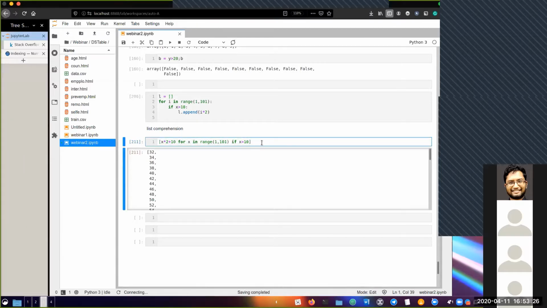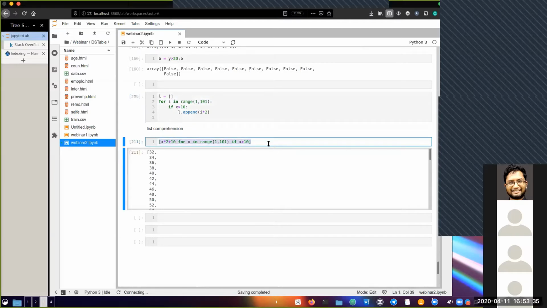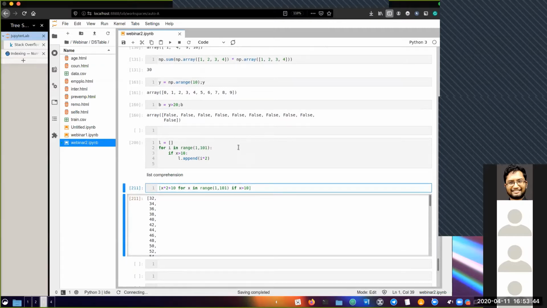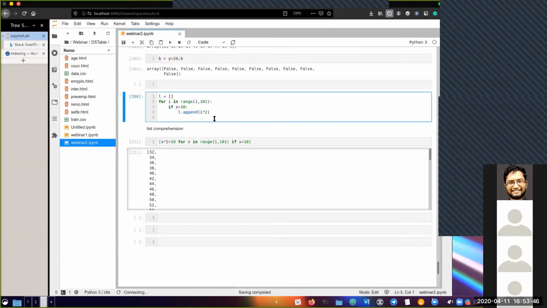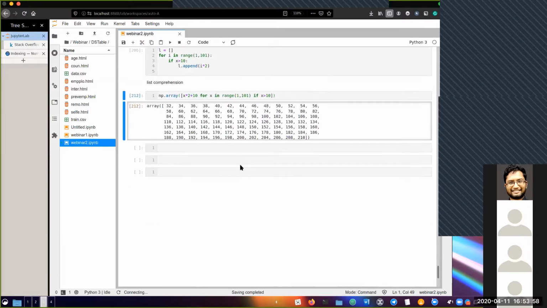Why this is useful is because right now here you have to initialize one data structure, and this itself will take time because you're not using NumPy. But when you're doing this, this particular bit can be performed parallelly. So it'll be faster. Maybe it's not useful for a small example, but later you might come across computations where just using a normal for loop is taking too much time. Plus, if I want to convert this into an array, I can just extend this. I can just write this, and now I have a NumPy array.